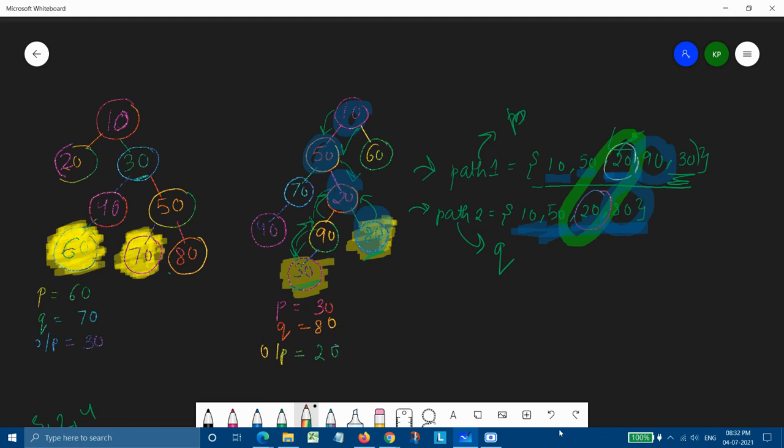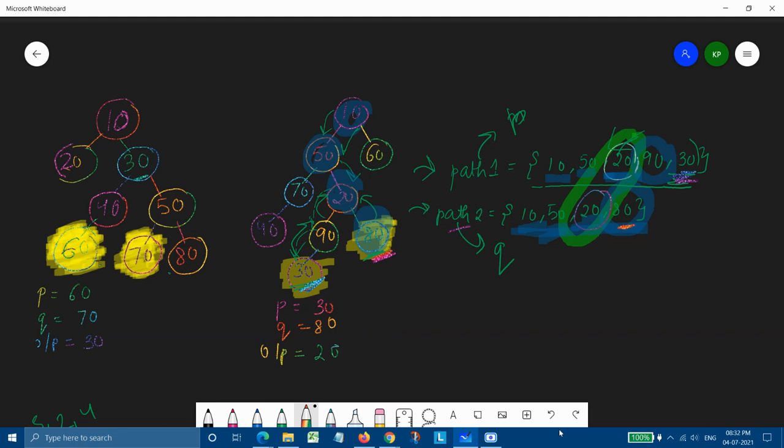So what we are doing here is choosing two path arrays. What do these path arrays do? These two path arrays hold the nodes from the root till that particular node, like the path 1 array, which is the path of node 30, as 30 is at the last, and the path 2 array, which is for the node 80, and here 80 is the last node.